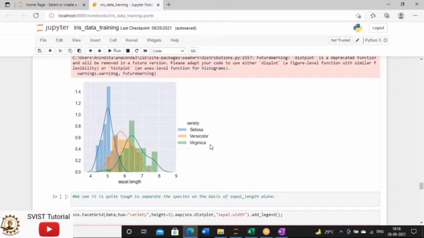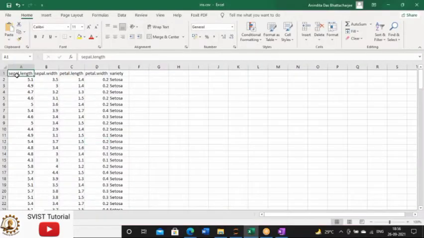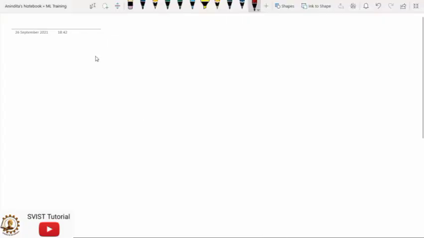So that's why, if your data set has more than one feature, and you want to know which feature is contributing more, at that point you can pick up one feature at a time and then try to plot them. And this is the importance of univariate analysis. Now I'm concluding this section.